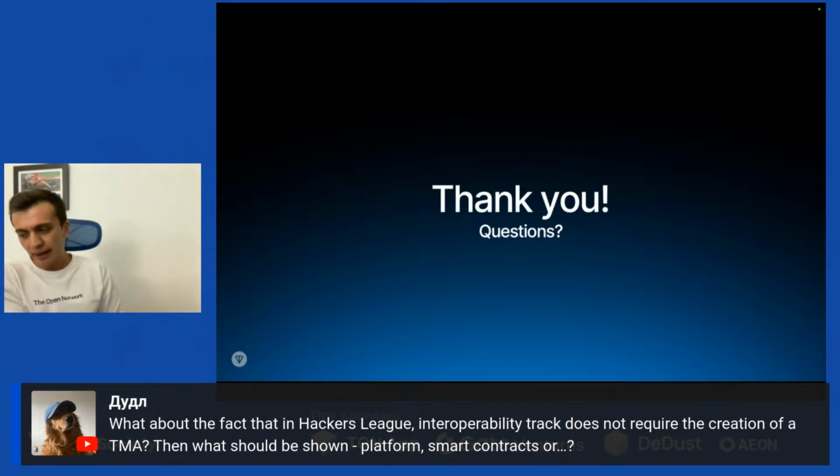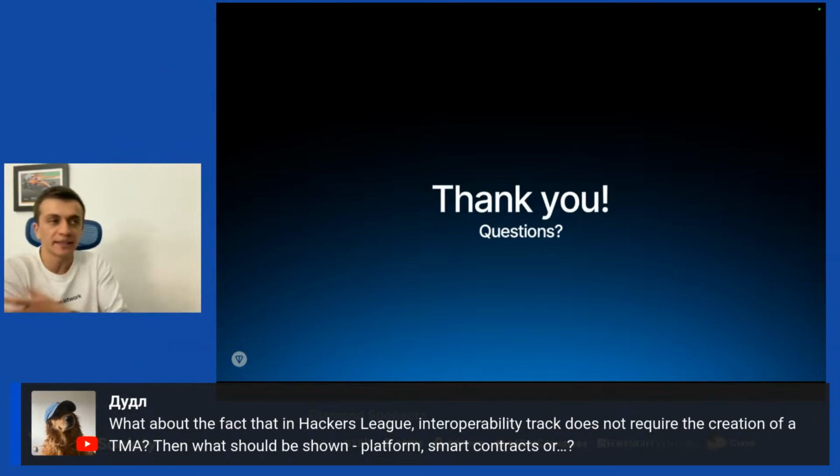Here, I would recommend to actually show the product. It can be outside of Telegram, but you have to show the product. If it's a bridge, let's just imagine the easiest case. It's a bridge, and if you want to build a bridge, it should be available to users, right? So try to build an end user product, not only smart contracts. Users will not open the smart contract code and do something. Try to show the product.